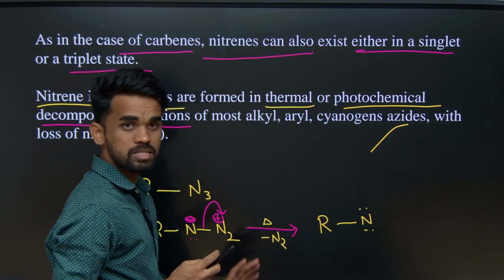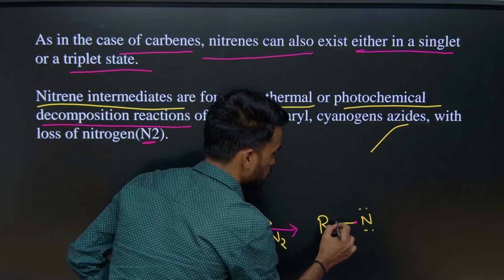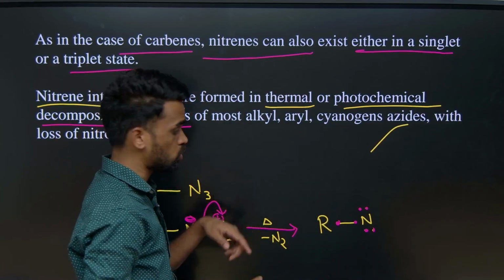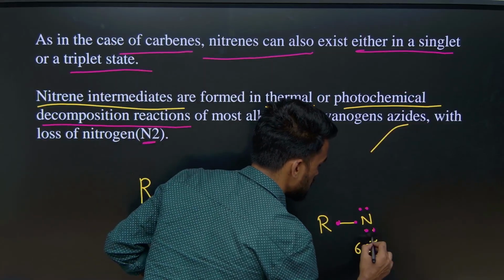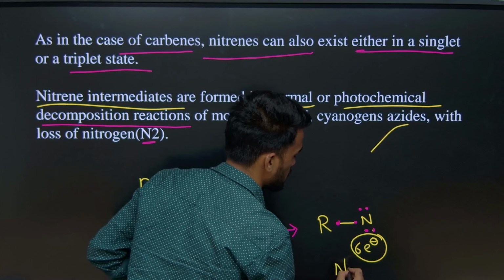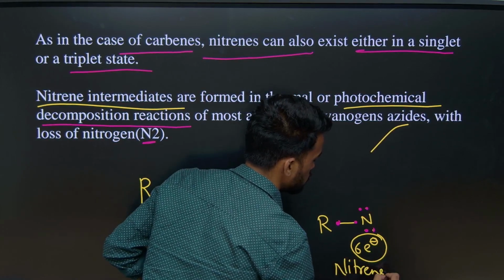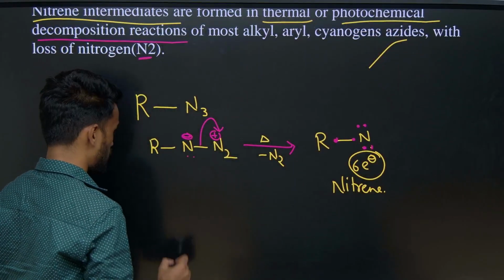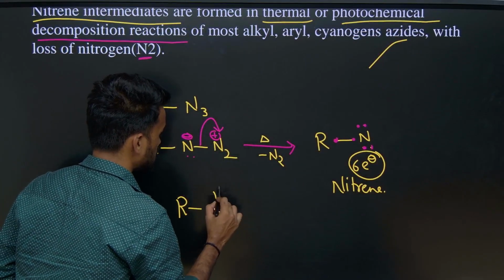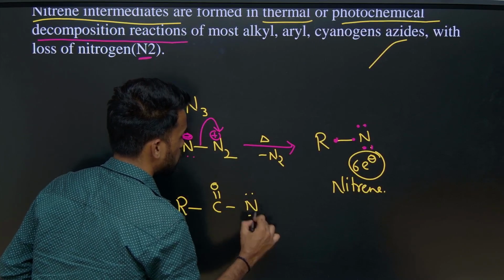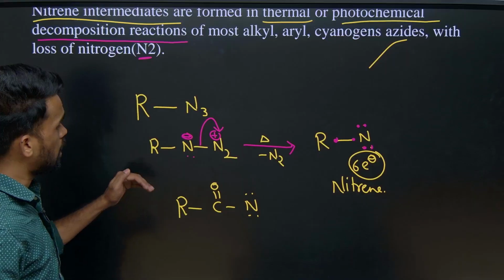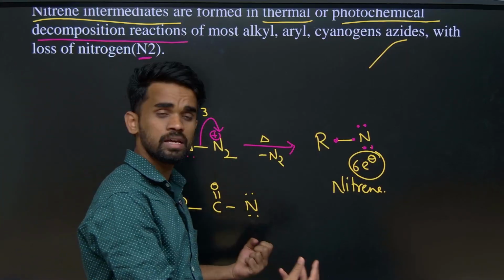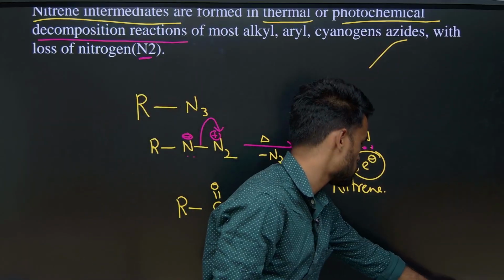Just check how many electrons are here. See, 2 bond pair, and here we have 6 non-bonding electrons. So total overall how many electrons are there? 6 electrons are there. So in nitrene how many electrons are there? In nitrene we have 6 electrons on it. So not only here, in some other reactions we may also see acyl nitrene intermediates also. So these things are seen in different reactions. We will be looking at these things in upcoming reactions also.